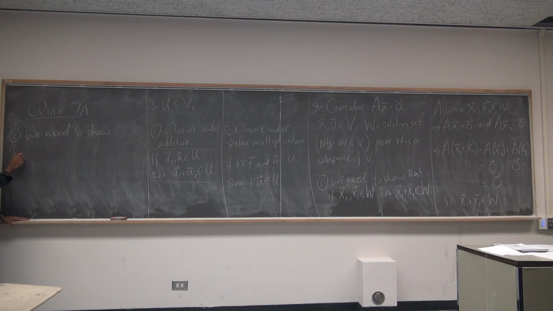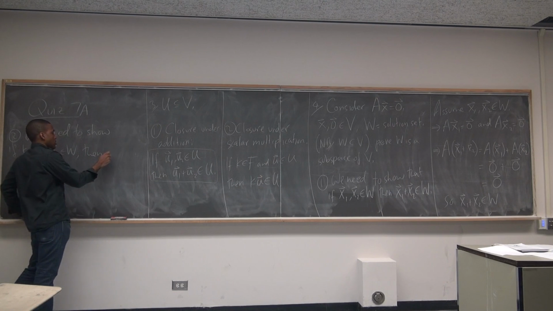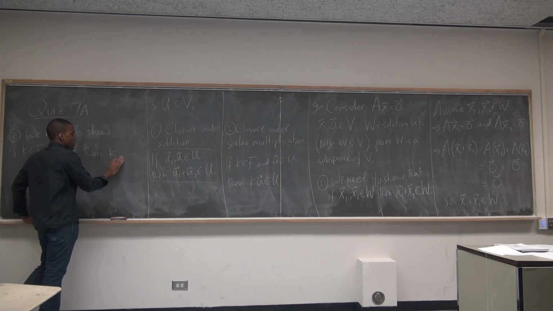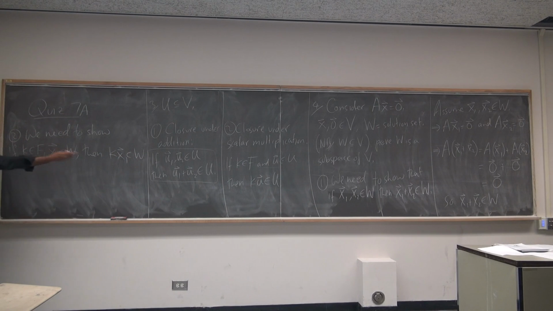AkX. Well, if k is in our field and x1 is in our solution set, then what must be true? No, like what I want to prove in general first. I want to prove that kx1 is in W. So ultimately I'm just writing down what I want to get to. So then, if I assume x1 is in W, then